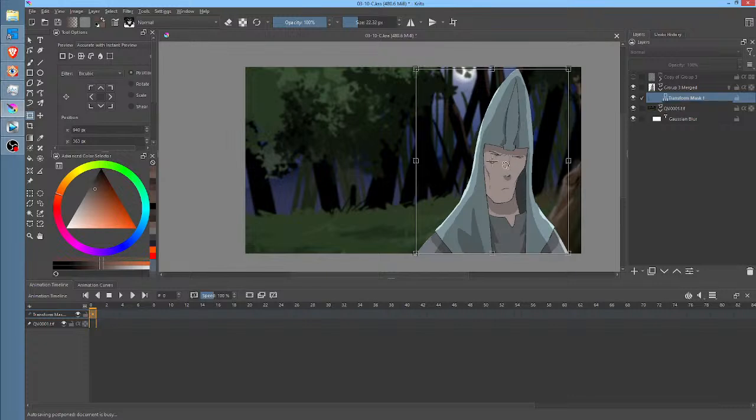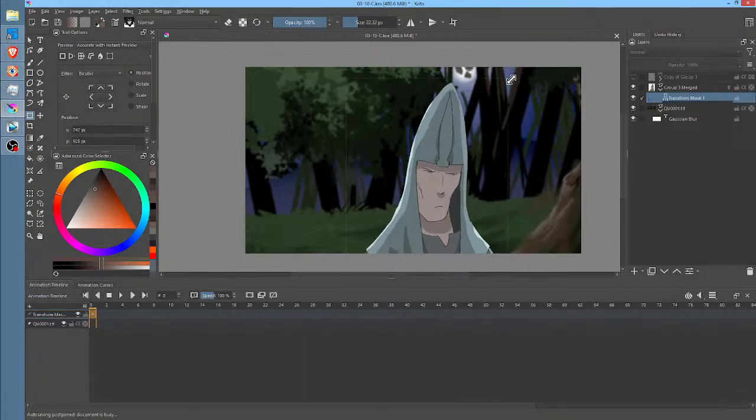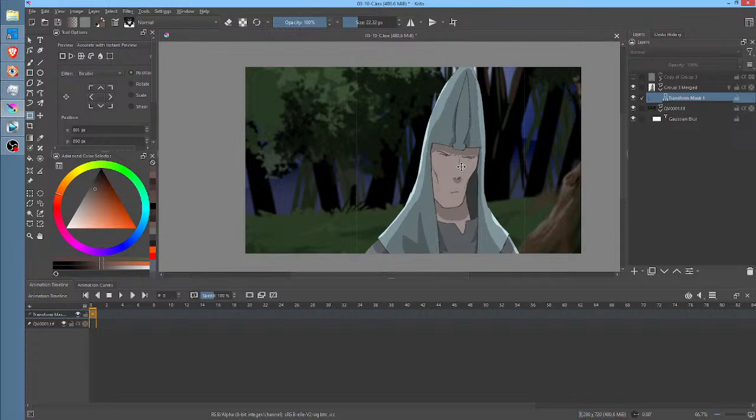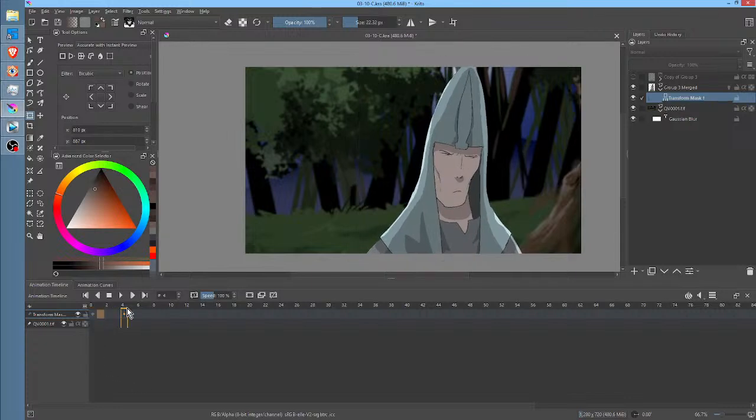Okay, so if I was gonna improve this shot a little bit, this is what I would do. I would put in one keyframe this way, like I showed you. I would go here, move him to here, kind of put him like that, something like that. Okay, and then right now, see how I'm scrubbing? And it took Krita a minute, the animation didn't show up. This is probably the single biggest thing I would really, really like to change.